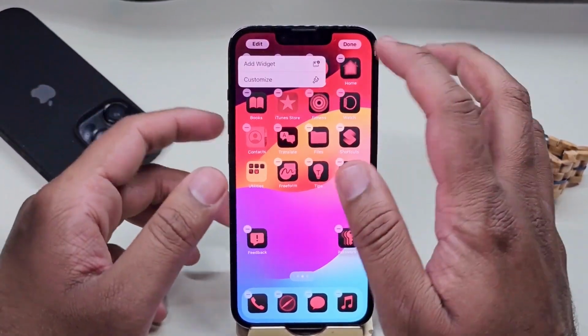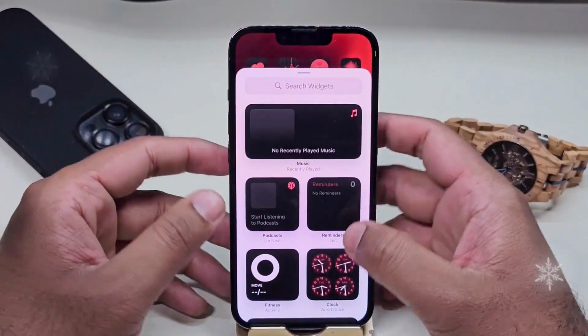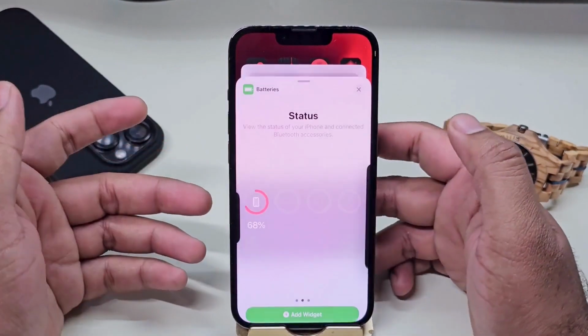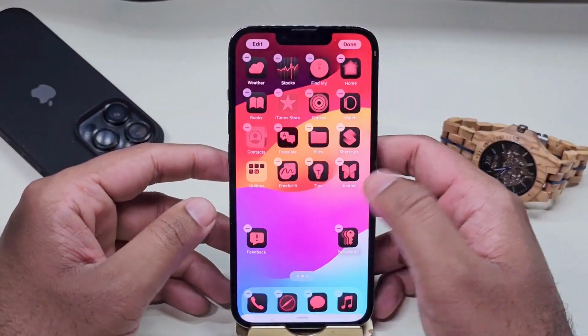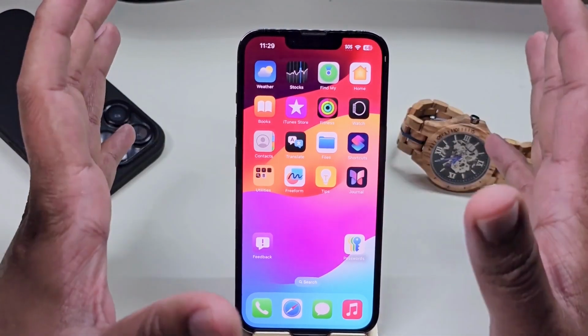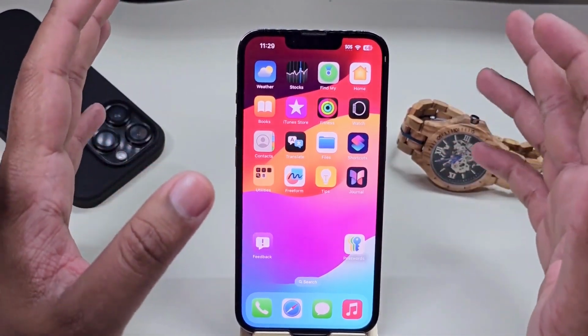If you press and hold, you can also add widgets, whatever you like, and with widgets you can add multiple other things too. That's also a cool feature. In iOS 18, they introduced perfect organization, and they have a bunch of new features